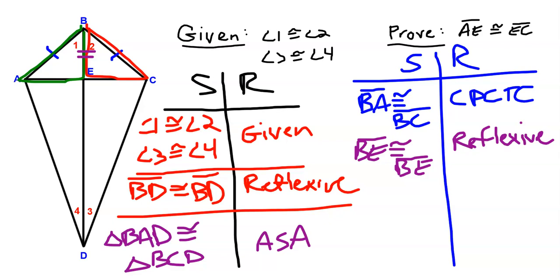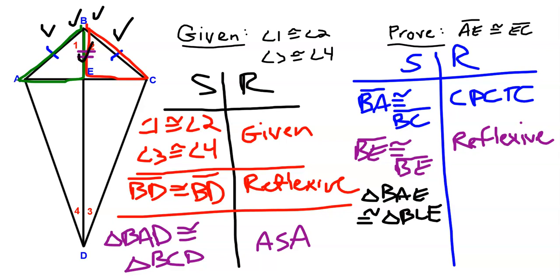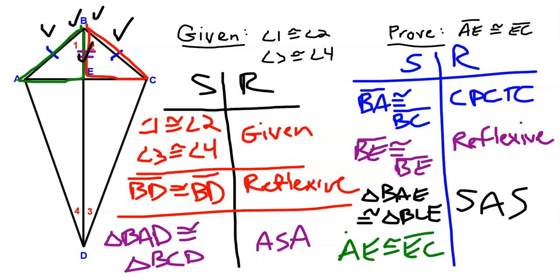And now we have enough information to say that the two smaller triangles are congruent. So we know that triangle BAE is congruent to triangle BCE, now not because of angle side angle, but because of side angle side. Now that we have those two triangles congruent, well, now AE and EC are the corresponding pieces that we wanted to know in the first place. So AE is congruent to EC, all because of